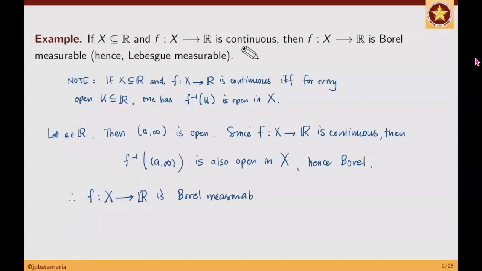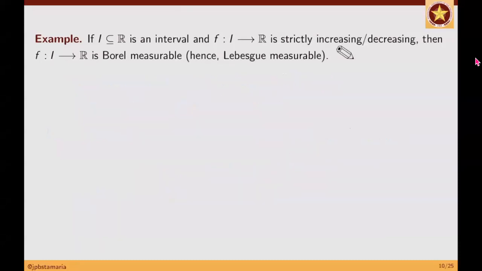Ngayon, kaya nga nasabi ko, ang mga Borel sets kasi ay Lebesgue measurable din. So it is always possible to conclude that F is also Lebesgue measurable. Okay? So do you understand this? Lahat ng function na continuous na napag-aralan nyo sa calculus, kahit na ano ang domain, as long as it's continuous there, it is Borel measurable. Okay? And more generally, Lebesgue measurable siya.